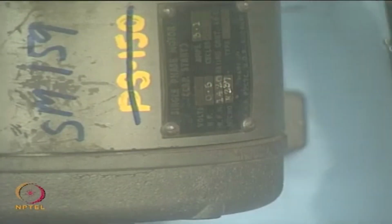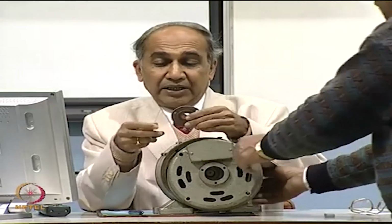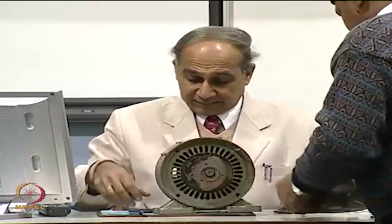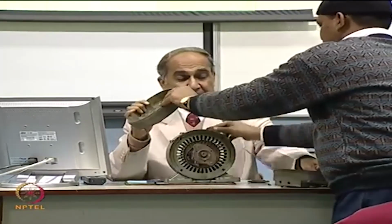Now, let us open it, strip it and see what it contains. I think these are the end plates. I think I need somebody's help, Puran. So, these are the end plates, you can say. And then we open the end covers on both sides. You see, both sides are the end plates. I hope you can see this. If you open the end plates,